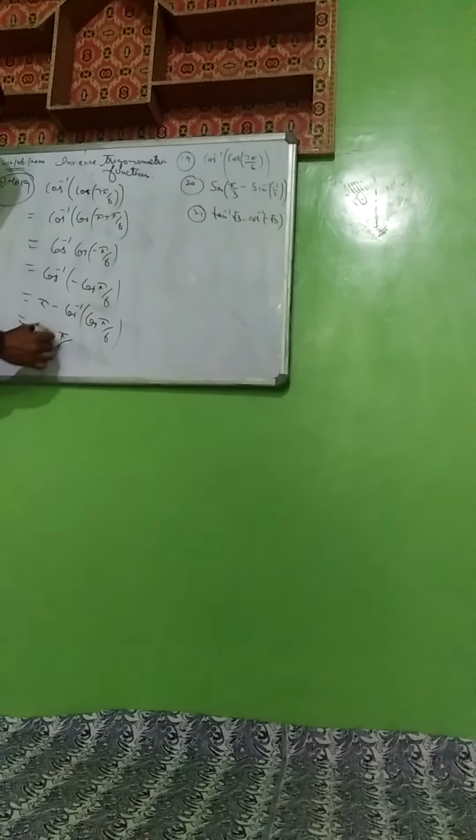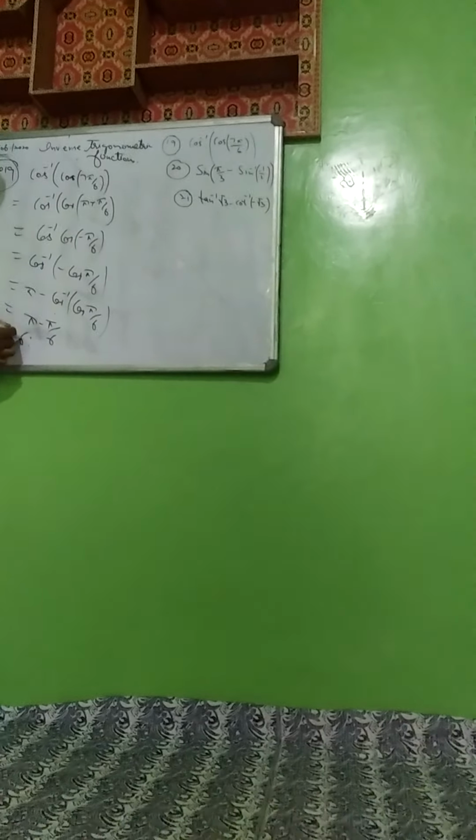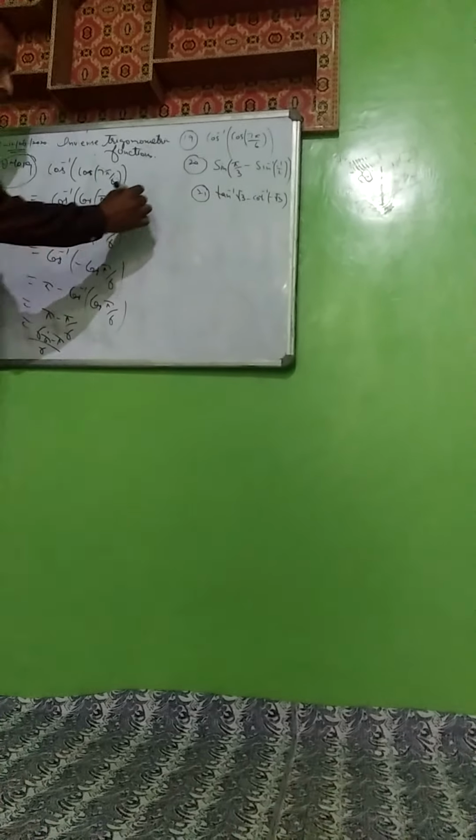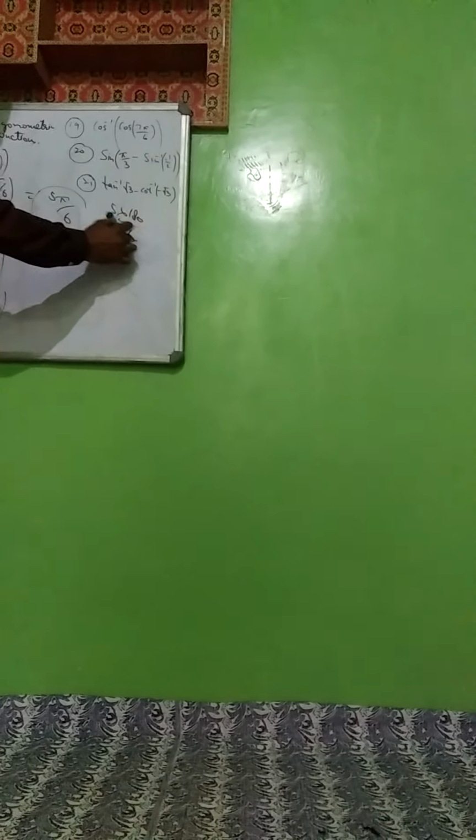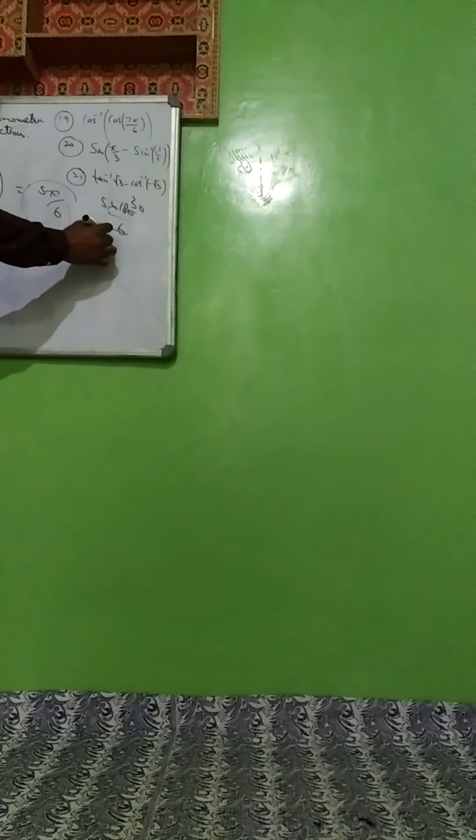And you may get this as pi minus pi by 6, which is directly equal to 6 pi minus pi by 6. The correct option is 5 pi by 6. 5 pi by 6 is 5 into 180 divided by 6, which is 150 degrees in case of degrees. So this is the right option. It was question number 19. Now the question number 20 is